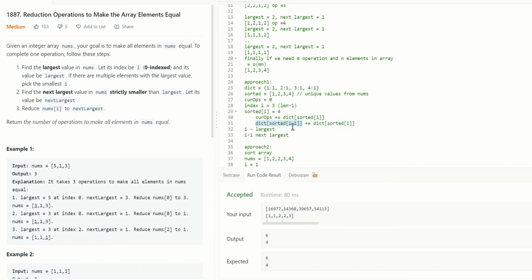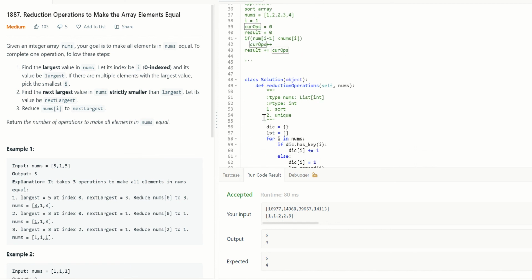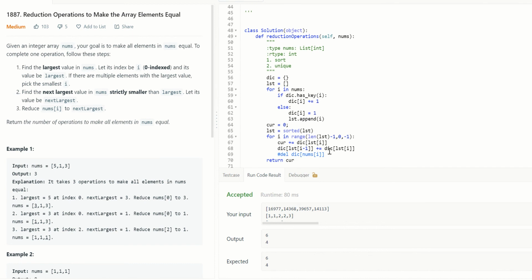And while we do that, we know how many operations we need. If it occurred 2 times, it is 2 plus the number of elements that were more than that element. That's why we are doing it with that approach. Whatever number of current operations we accumulated, we are going to return that.